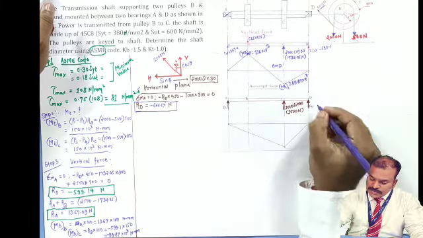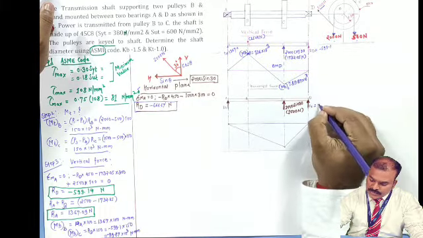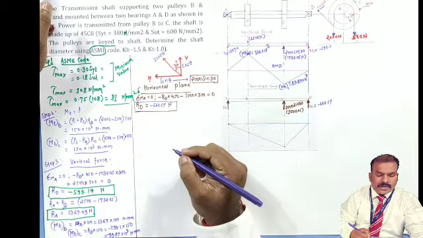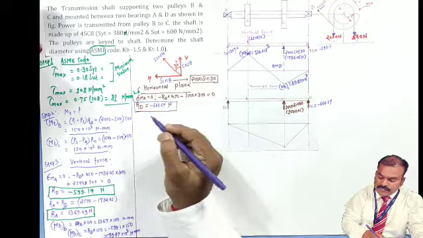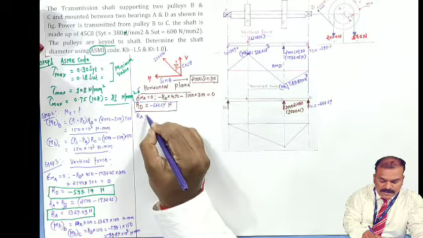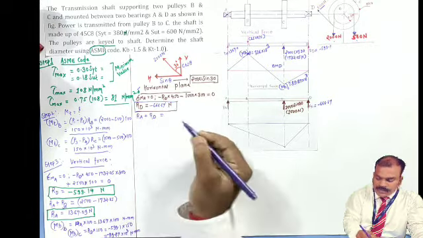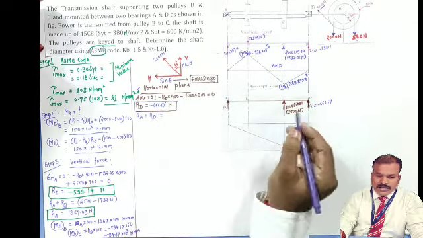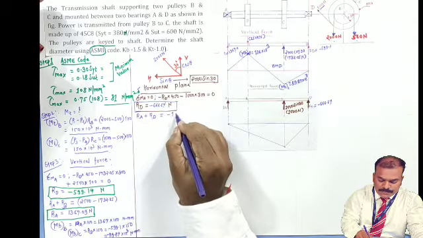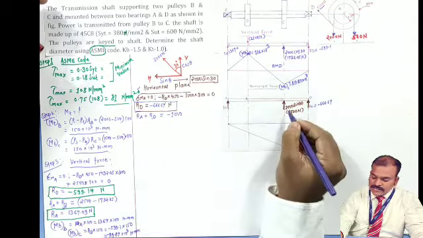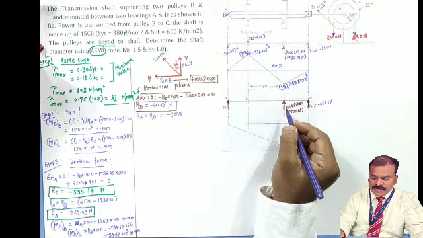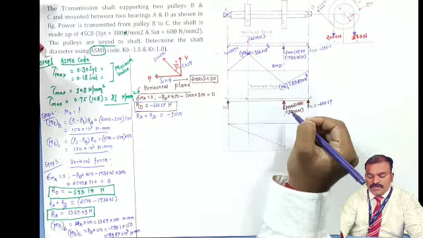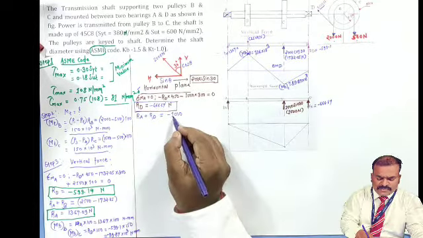So reaction force at D, I'll write here minus 666.67 reaction force at D. Now we can calculate easily the reaction force for A. RA plus RD is equal to the total force I need to consider, that is minus 1000, correct? If I consider the downward side, I will have to take plus. Now we are considering this will be the minus, that is minus 1000.